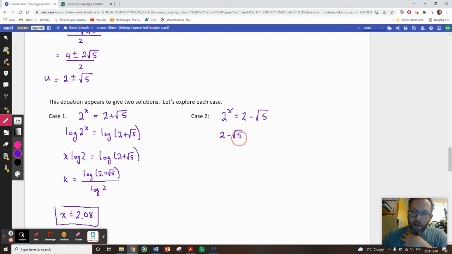2 minus root 5 is actually a negative number. The root of 5 is more than 2. 2 minus root 5 is less than 0. And in actuality, there is no x. There's no value for x. I could just take this out, but